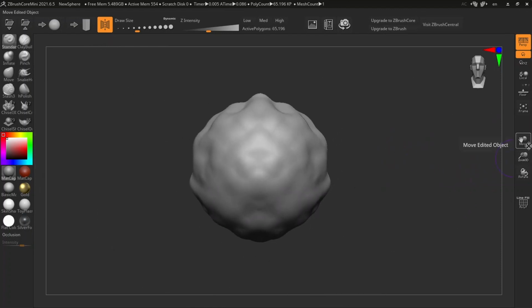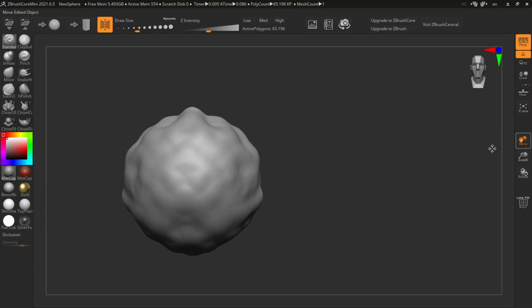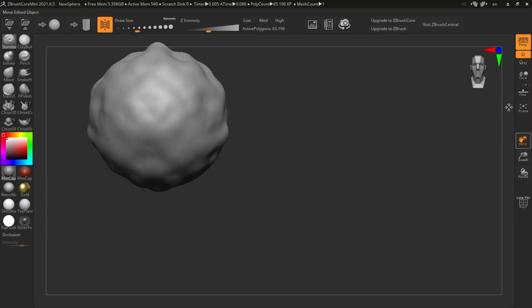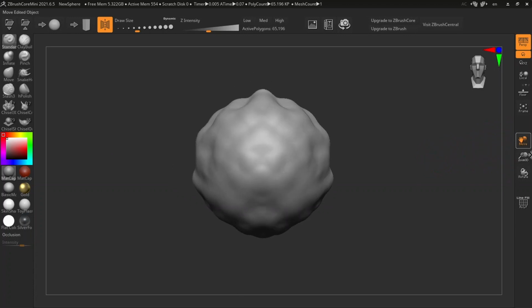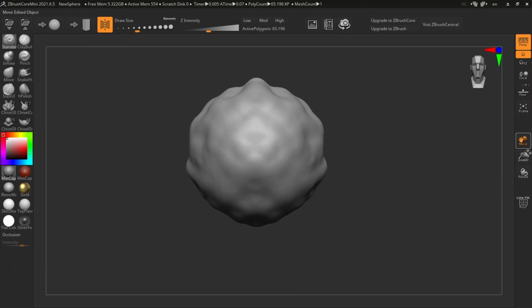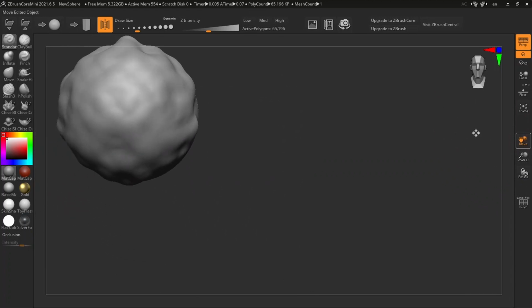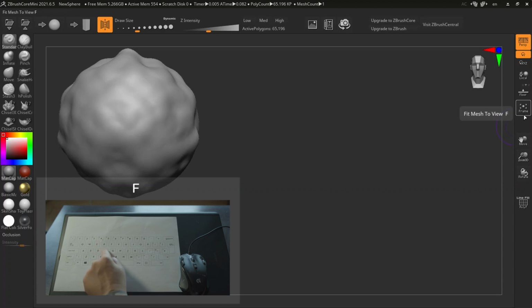Or you simply go to the right again, keep pushing the Move button and the left click of the mouse while moving your object right and left or up and down. As we change the position of the model, we can simply push the Frame button on the right side or F to make it centered on our screen again.